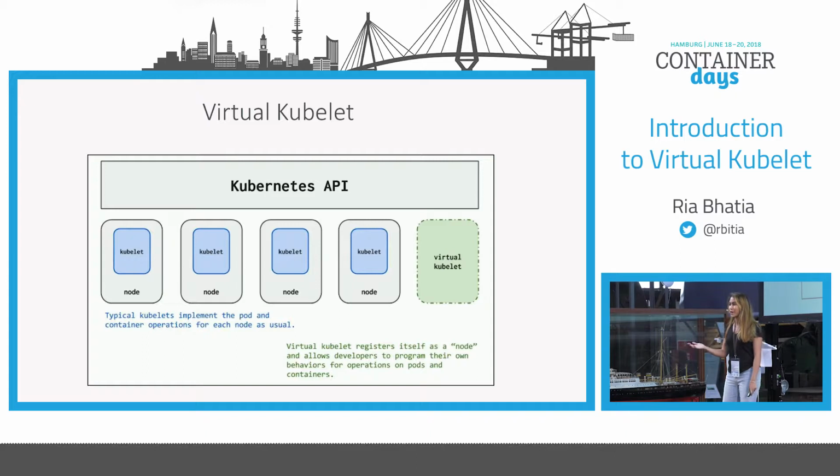But anyone can be a provider. And this is something that we're also struggling with. What does it mean to be a provider for virtual kubelet? If you can create a pod and you put some random code behind it, if you can delete a pod and put some random code, if you can update a pod, then you can be a provider into virtual kubelet. Someone created a silly provider, Liz Rice, you can look it up. She created one, and it really doesn't do much, but